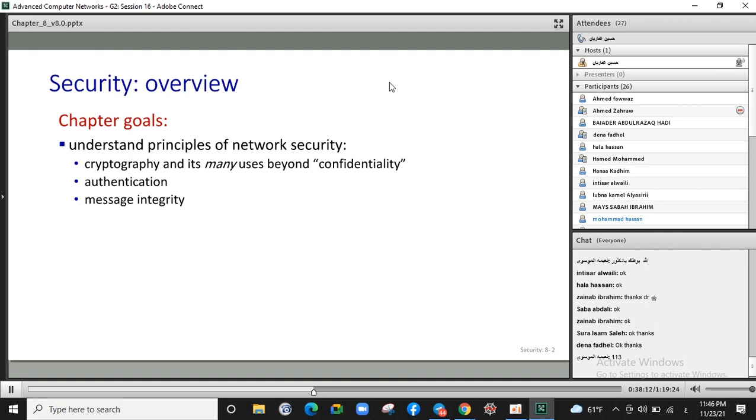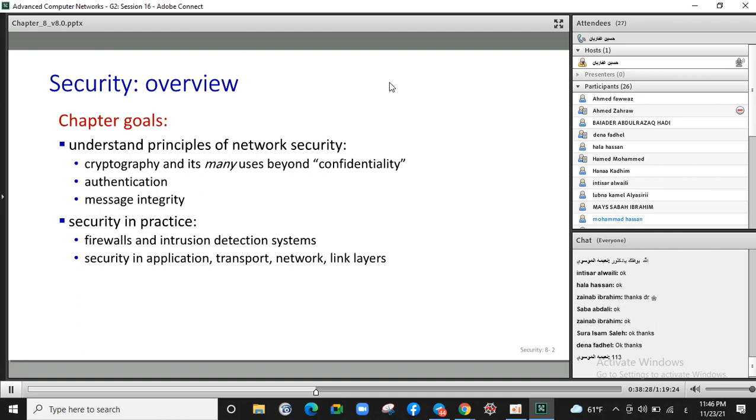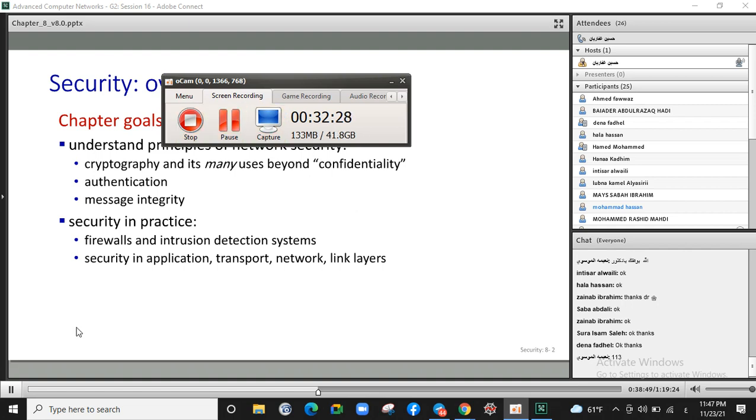Here, in this chapter, we talk about some basic principles of network security, especially cryptography and confidentiality, authentication, message integrity, and also some practice in security using different devices in computer networks to keep the network secure. Okay, we will talk about all of this, and we will talk about what else